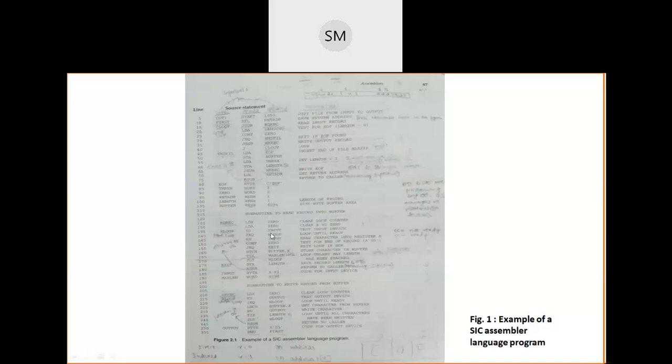Again it will test the device. If CC value is equal, it is not ready. And once CC value is less than, then the device is ready, then you execute RD. Again like this, one by one all the characters will be read by the input device, and all those 4096 characters will be stored in a buffer. Clear? Okay. Shall I go to next now?